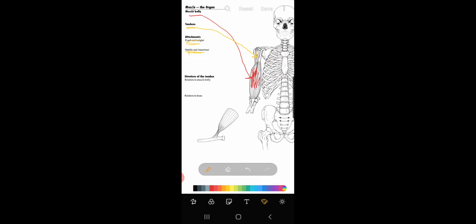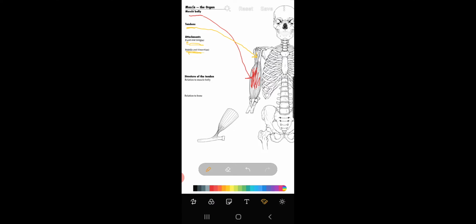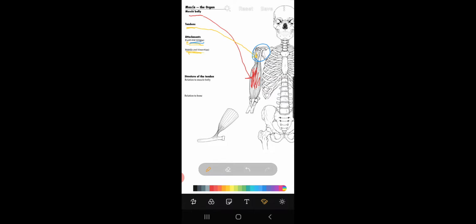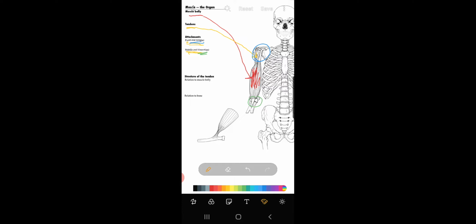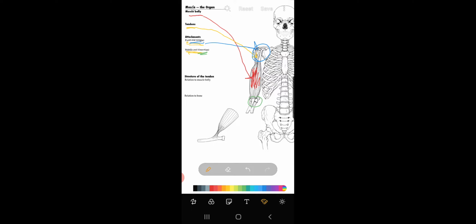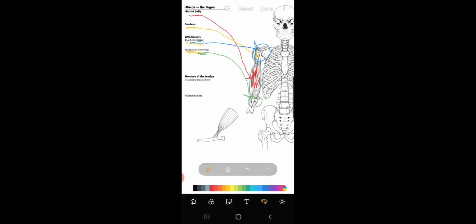So origin, I totally covered that up. Your origin is more at the fixed part of your body. Let me get another color for that. Blue. This would be where your muscles originate, and then this would be where they insert. So origination is going to be the more fixed part of your body, and then obviously your insertion is at the more movable part, and that is how you're going to refer to where the muscle originates and where